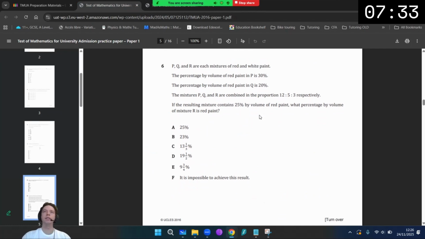Okay, question 6. P, Q, and R are each mixtures of red and white paint. I like that. The percentage by volume of red paint in P is 30%. The percentage by volume of red paint in Q is 20%. The mixtures P, Q, and R are combined in the proportion 12 to 5 to 3 respectively. If the resulting mixture contains 25% by volume of red paint, what percentage by volume of mixture R is red